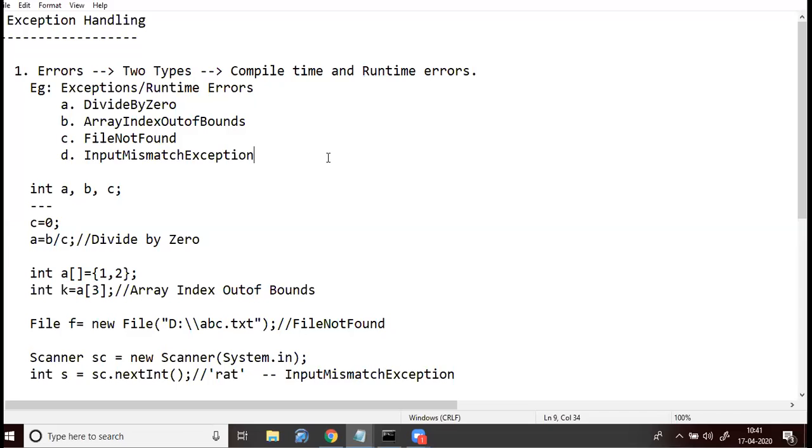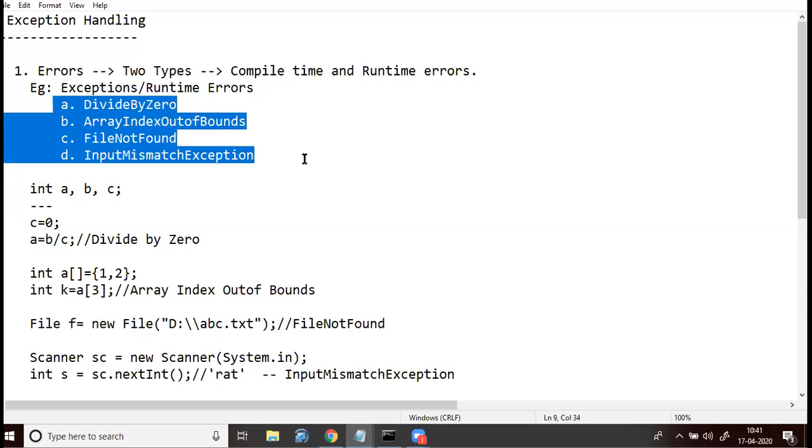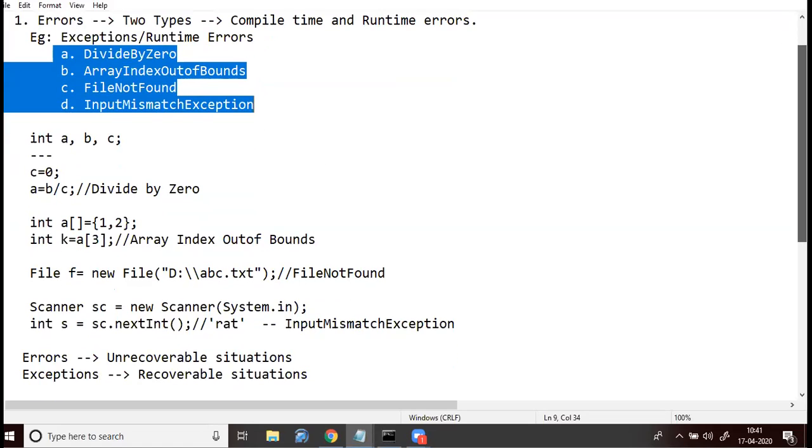It is a runtime error, not a compile time error. So exceptions are runtime errors, and there are many exception situations; these are some examples.